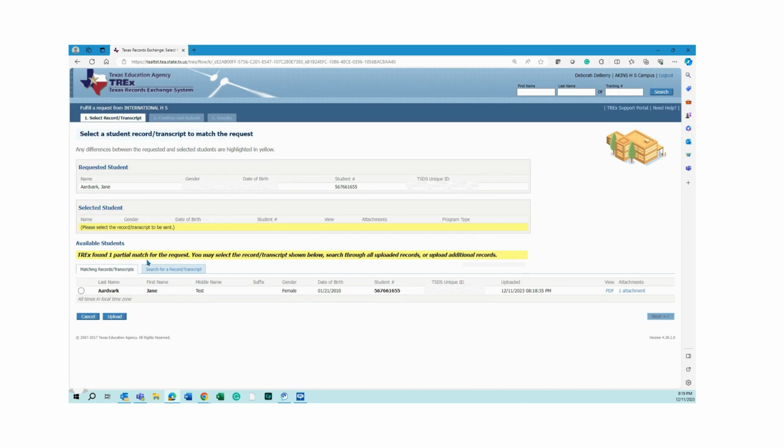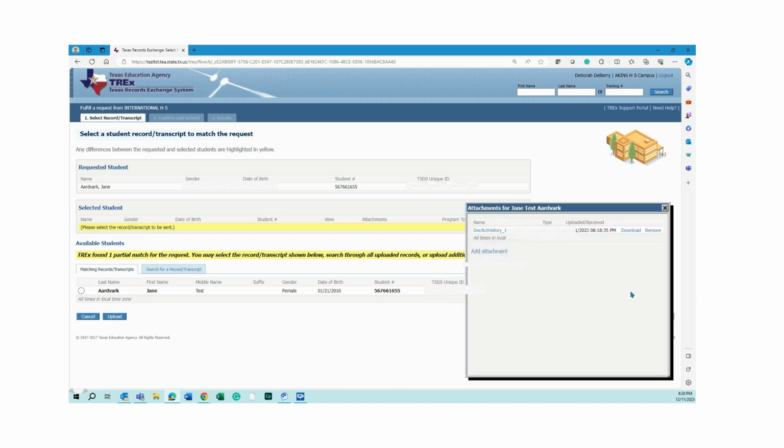Now it tells me TREx found one partial match for this request, and on Jane's row, I see a PDF file. That's the XML file that I uploaded out of my student information system, and I see one attachment. This attachment was mentioned on the previous screen, and this is the attachment that contains 5 prior years' discipline records that have been submitted on PEIMS summer submissions that match Jane's unique ID number.